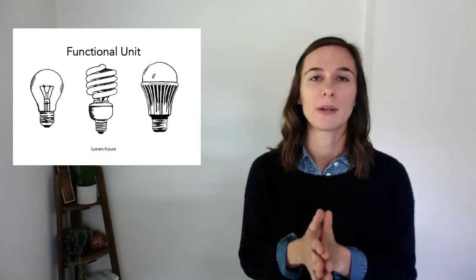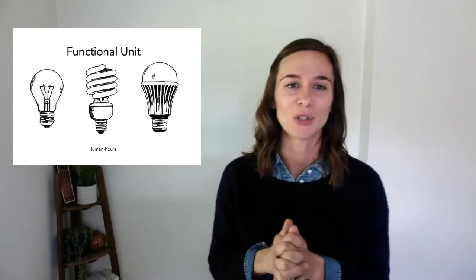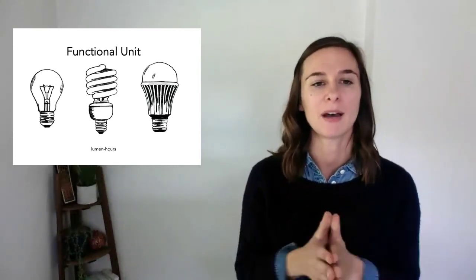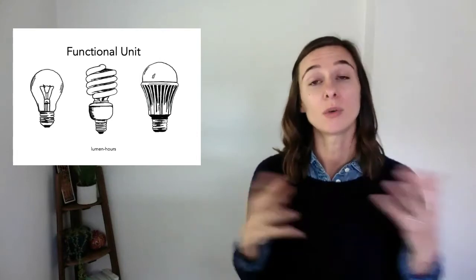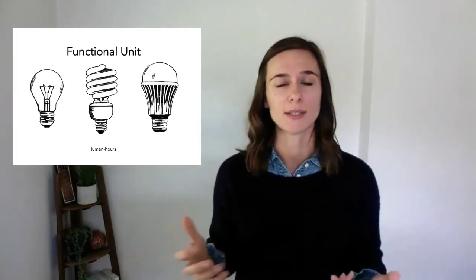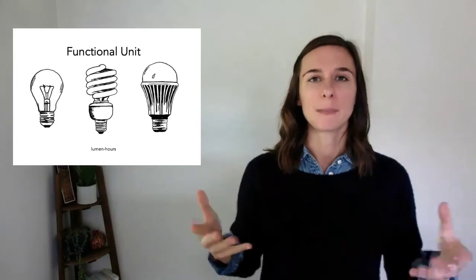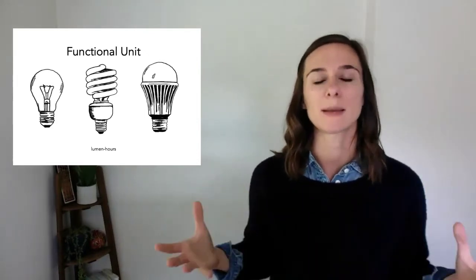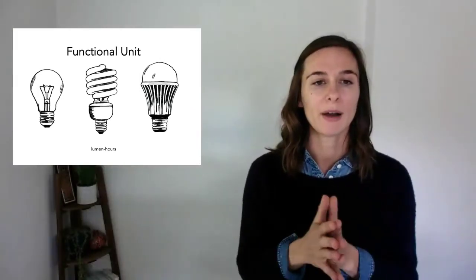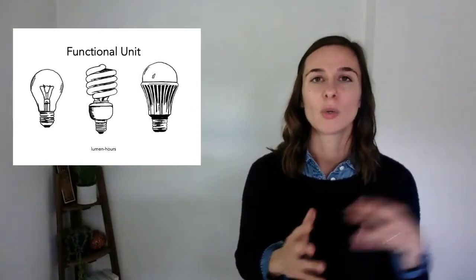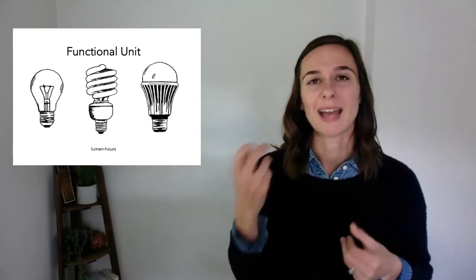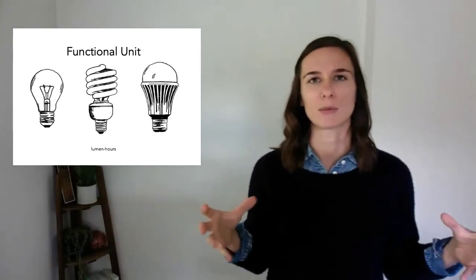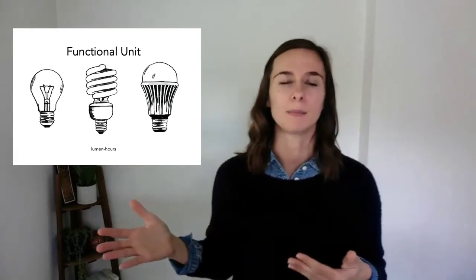The third component that is critical is defining a functional unit. And this is where you are trying to develop a mechanism of comparison that I can use to normalize my impacts across different choices that I'm making. So for example, say you were trying to understand the life cycle impacts of different types of lighting. Maybe you were comparing a CFL to an incandescent light bulb to an LED, and you were trying to understand, okay, how can I normalize across these three? What is a moment of comparison between them?